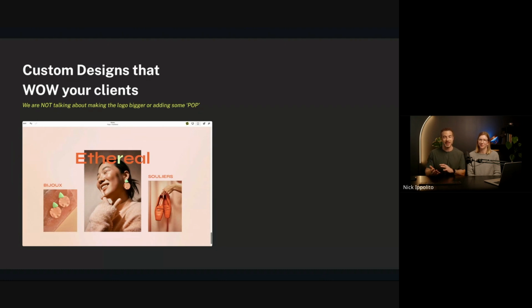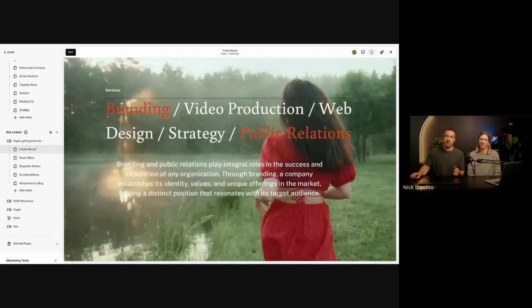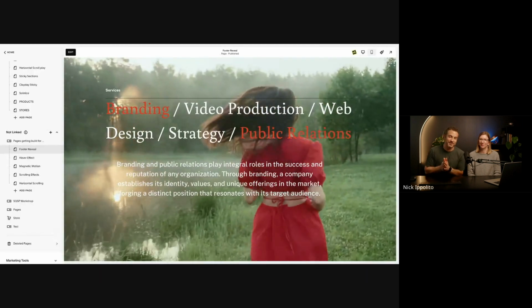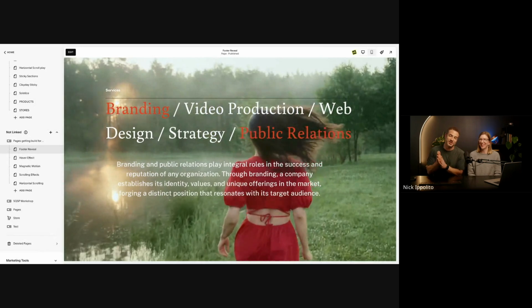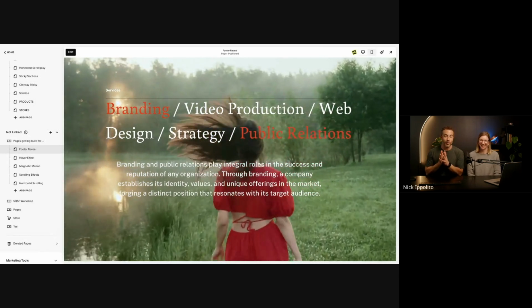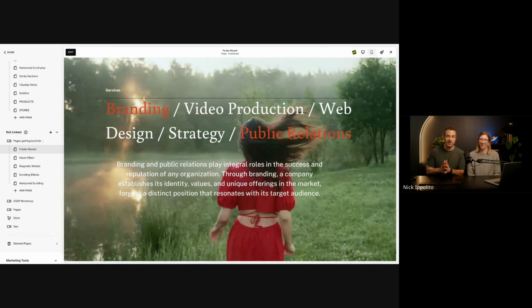So it's actually a software that allows you to build websites visually without using custom code. So I wanted to show you some examples here of what you can do and how it works. So if you don't mind, I'm just going to jump over into a page here and show you a bit of a demo. This is where live demos are exciting because things can always go crazy, and I get way too excited. So Hannah's going to tap me on the shoulder if I take too much time.